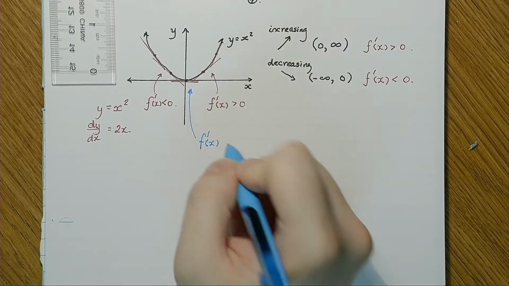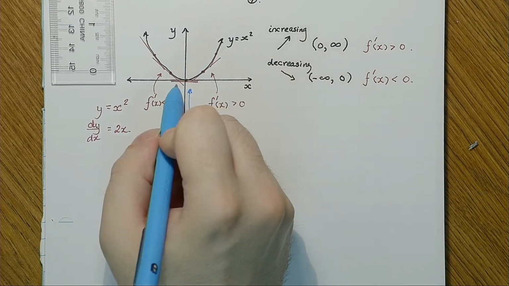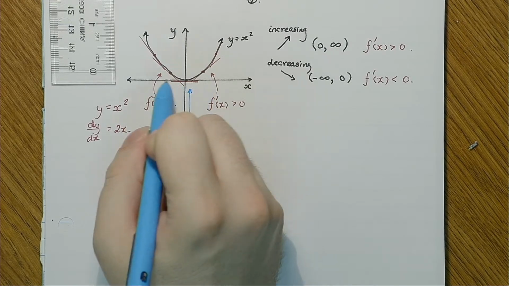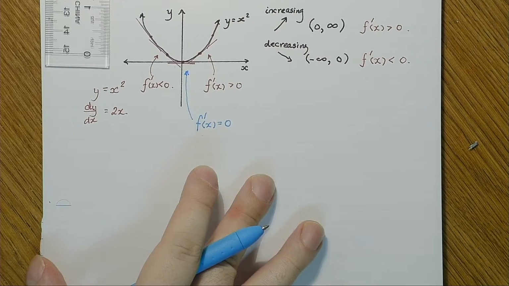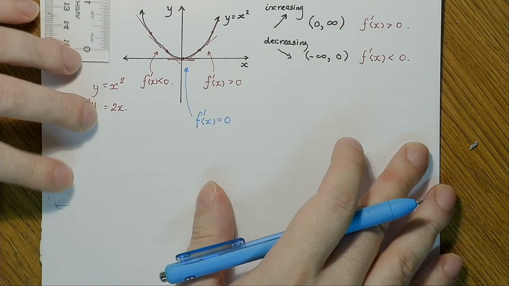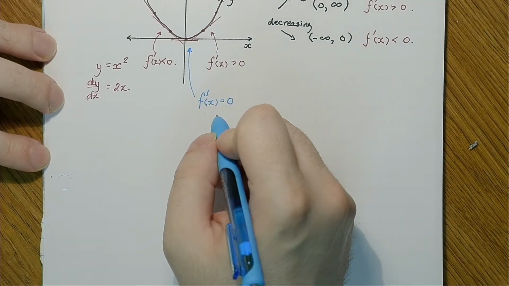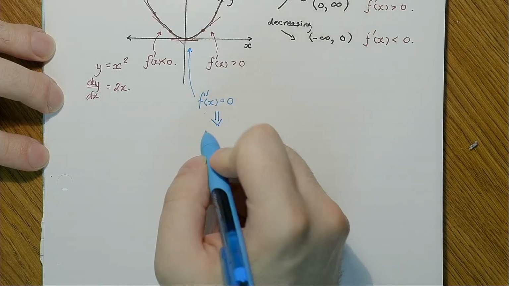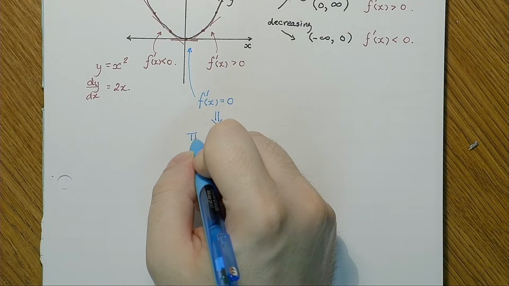It's okay that we have f prime at x equals 0. And again, we have a flat tangent, so it's a horizontal tangent. That means that the slope is 0. So then, is there something important about this? Yes. These are important. These are called